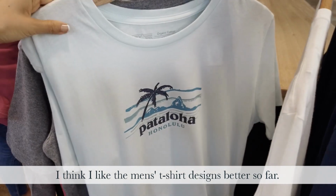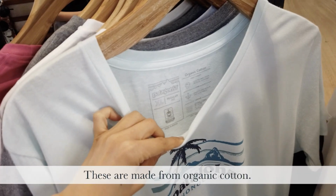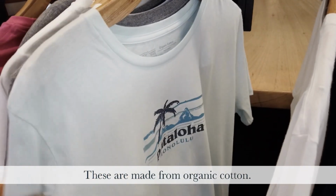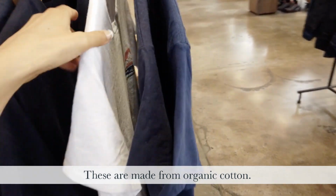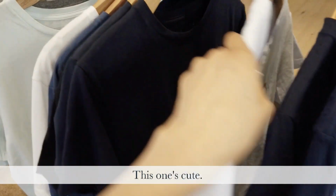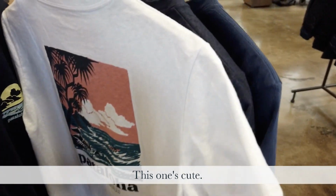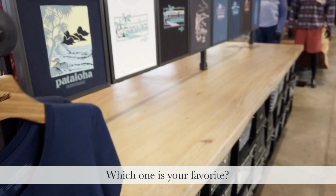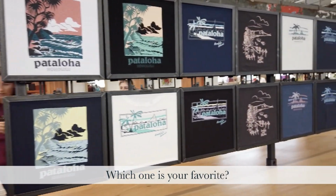I think I like the men's t-shirt designs better so far. 今のところ男性用の T シャツのデザインの方が可愛いかなと思います。These are made from organic cotton. オーガニックの綿でできている T シャツです。This one's cute. これ可愛いですよね。Which one is your favorite? この中でどれが一番好きですか？